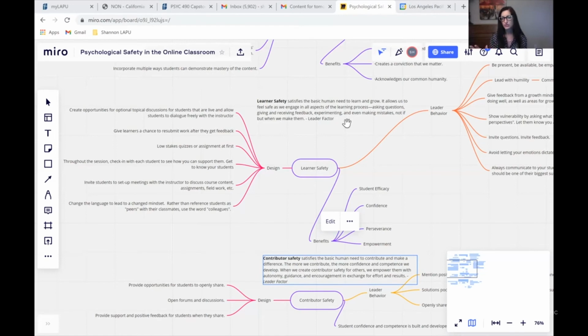So another thing I do to kind of build that rapport with my students is midway through the session. Again, we have 8 weeks within our session. I will send a message to our students. It goes through Moodle, but it goes to everyone individually. And there's a couple different ways you can do this. We are a Christian university, so I will send out something to students and it says, hey, just want to check in to see how you're doing and see if there's anything I can be praying about for you. I do realize that a lot of universities don't have that type of freedom. There are other ways you can do that too.